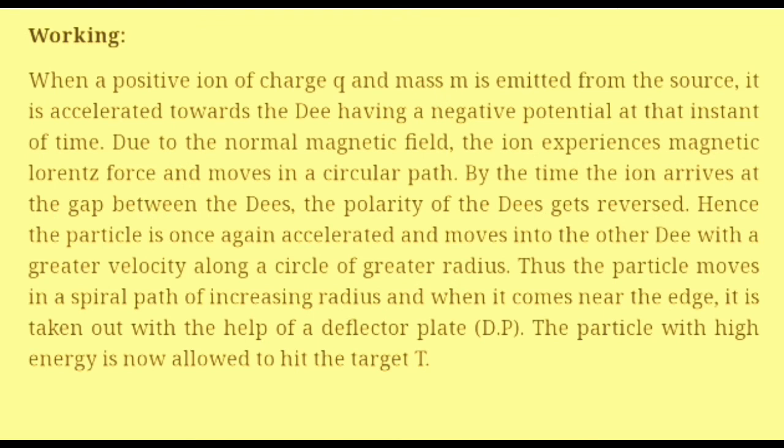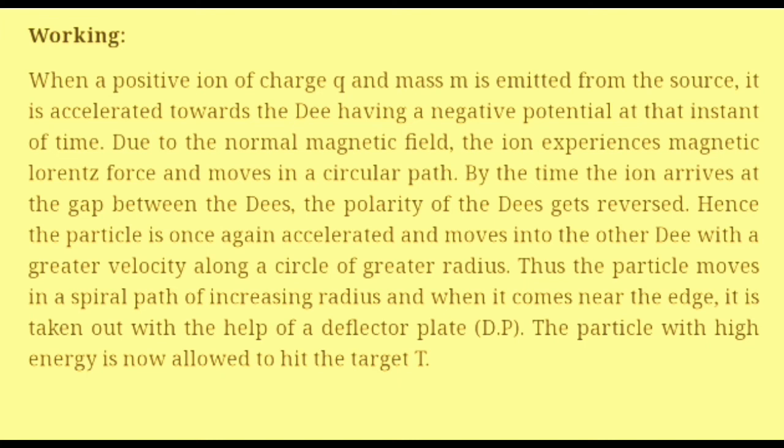Now let's move on to the working of the cyclotron. When a positive ion of charge Q having mass m is emitted from the source, it is accelerated towards the D having a negative potential at that instant of time. Due to the normal magnetic field, as I already mentioned, the ion experiences a magnetic Lorentz force and moves in a circular path. By the time the ion arrives at the gap between the Ds, the polarity of the Ds gets reversed, and hence the particle is once again accelerated and moves into the other D with a greater velocity along a circle of greater